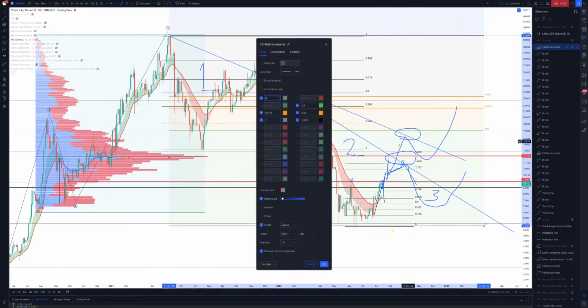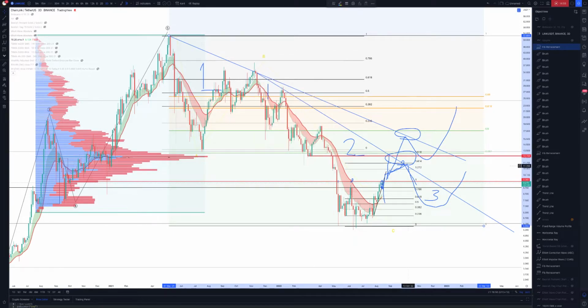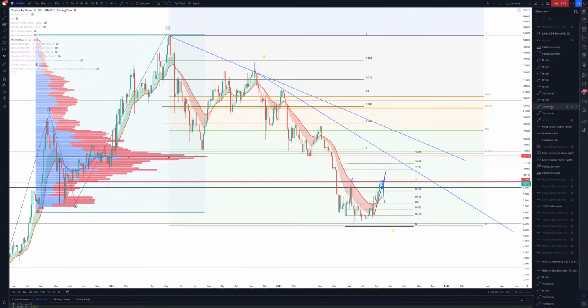If we were to add this 0.3, yeah, so the 0.3 is a major hurdle, and we'll get a rejection there for sure. So let's just clean that up. Just anticipating. And let's just do this last bit.